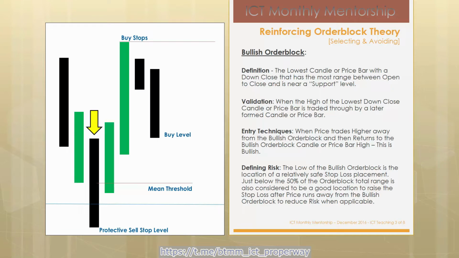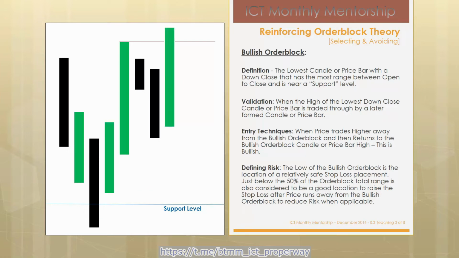And your protective sell stop is going to be below the bullish order block's low, or below the close. Now at this point, depending upon where that low is, it could be the low of the wick, but primarily you're going to be looking at the low formed by the close of the body of that candle. Now again, focusing on what we anticipate in price, eventually price should show a responsiveness and trade up and through